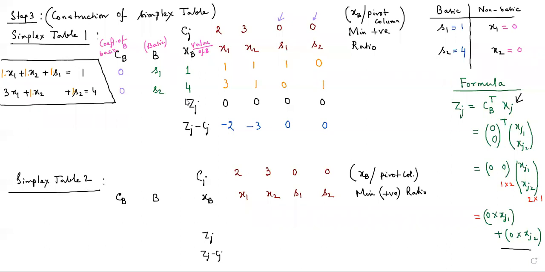Sir, can you please explain the formula? How is it coming? ZJ is coming by this formula. I am multiplying this matrix. If you consider this to be a matrix, it is written column wise. I'm highlighting this column. I am taking this column 0, 0, 0, 0, the CB column. But a column cannot multiply a column. The matrix multiplication rule is that if the number of columns in the first matrix is equal to the number of rows in the second matrix, two matrices can be multiplied.